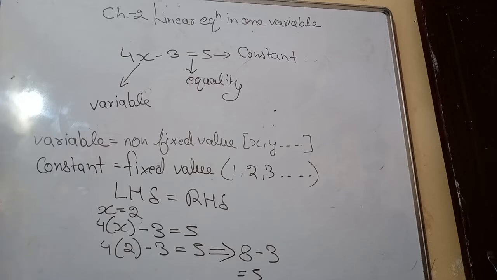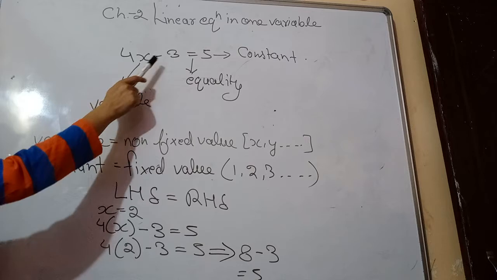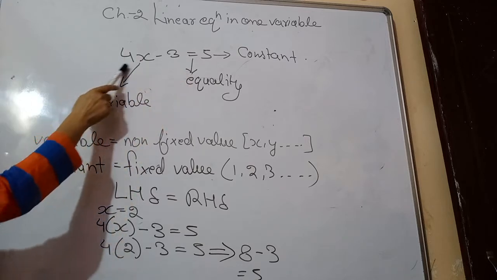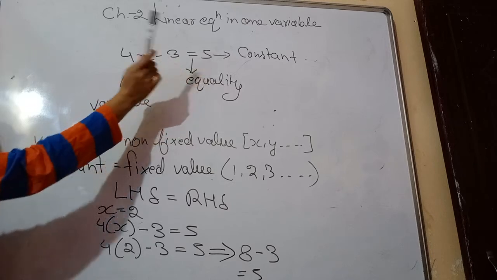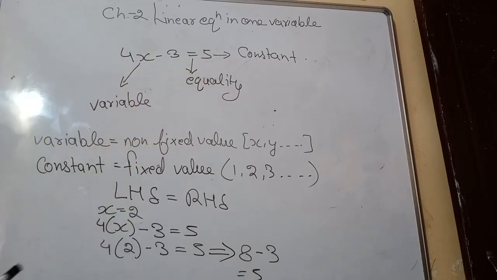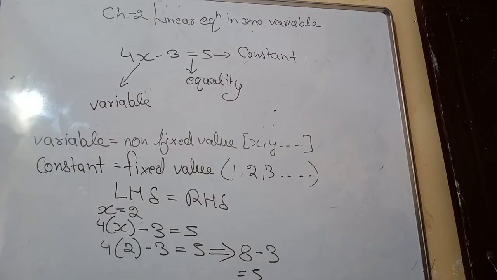And here one more thing we have to take care about, that there are two terms. There are always two terms in any equation. This term, left hand side term, is called LHS and the right hand side term is called RHS. So that has to be equal to each other. On that condition only we will get an equation.